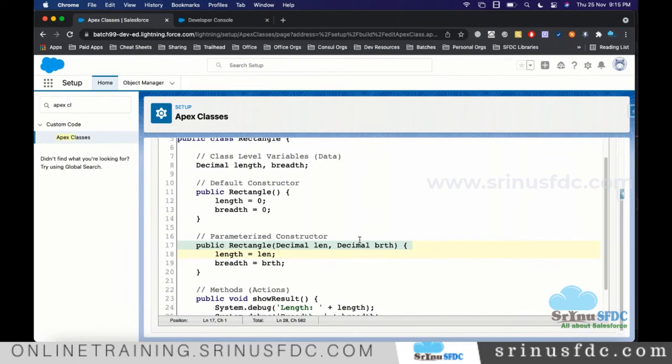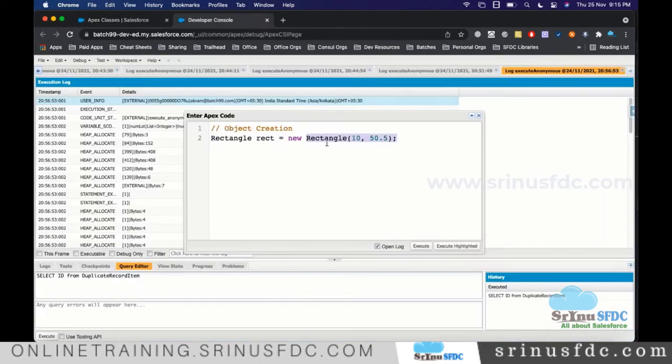Technically, for now we are saying inputs, but what we have in the definition we call parameters. This constructor is accepting two parameters. The first parameter should be of decimal type, and the second parameter also decimal type.